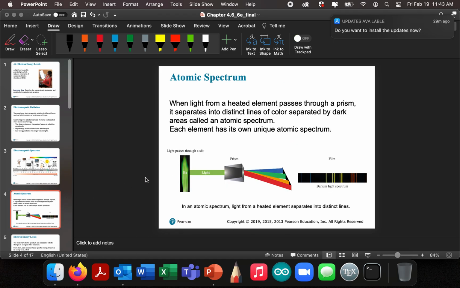And then finally, it turns out that if you take any particular element and you excite the electrons, as the electrons fall back down into their ground state, they will let off energy. Okay? And if you take, for example, barium, if barium is excited, in this case by a flame, the light that comes out of it as the electrons go back down to their ground state can be split up with a prism into its component parts, and it turns out